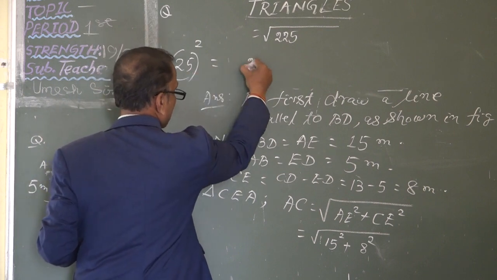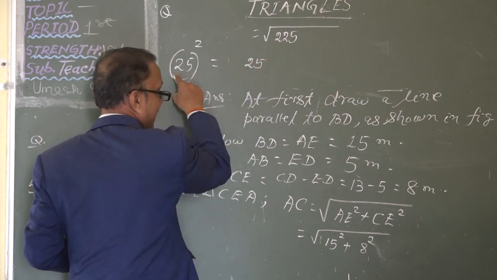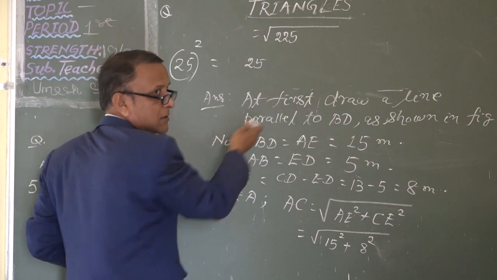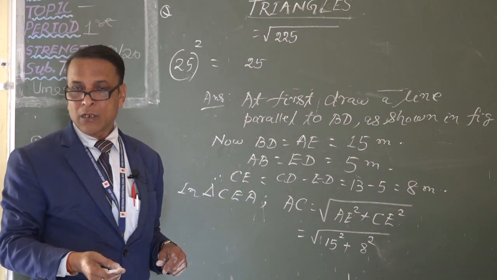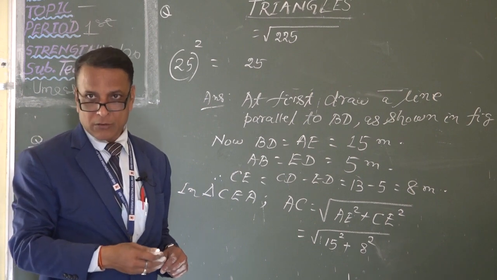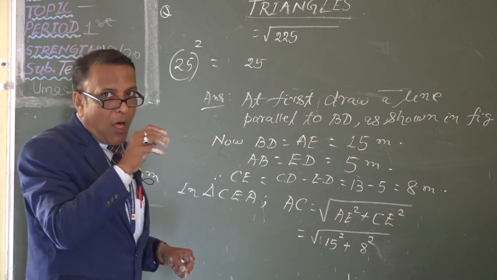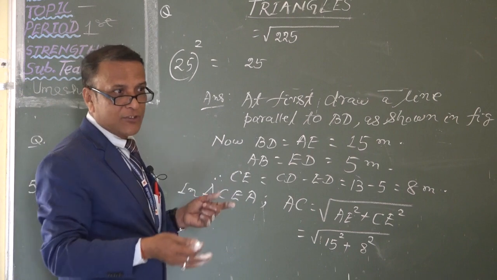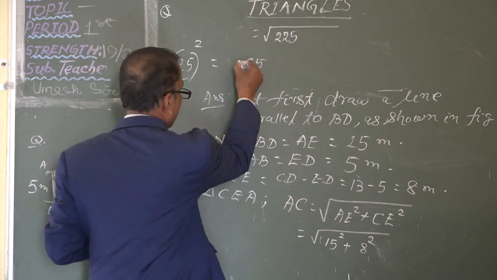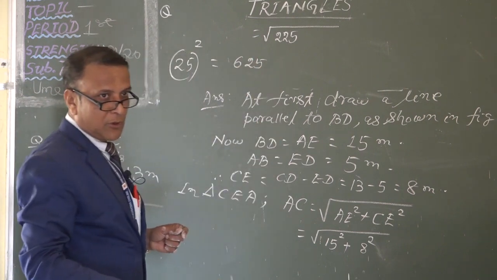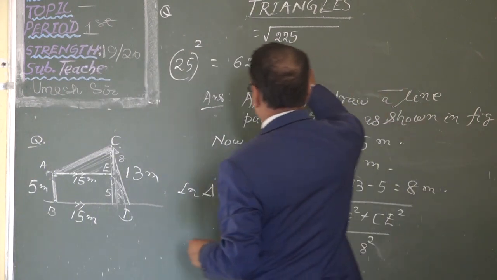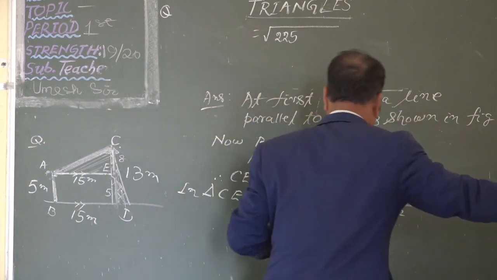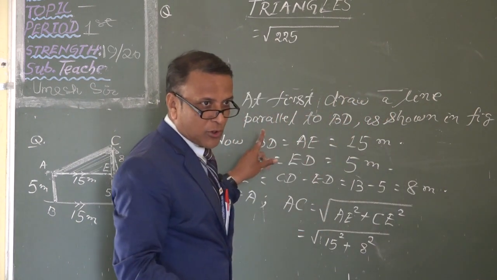25 square. Same rule we can apply. 5 into 5, 25. Here 2 is there. Next digit is? Who is saying 4? 2, next digit is 4. Sir, 3. So 2 into 3, that is equal to 6. Right and left. So it is 625. Very easy but very difficult to remember. So 15 square is equal to 225.